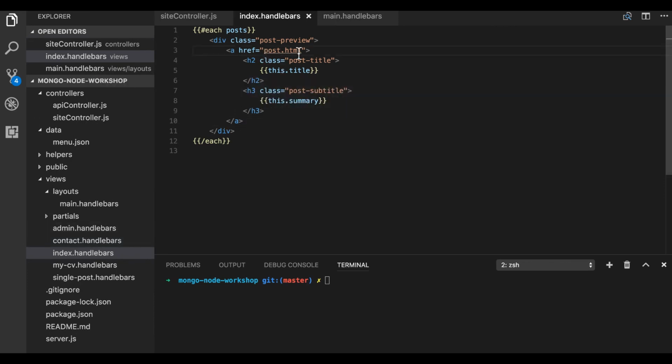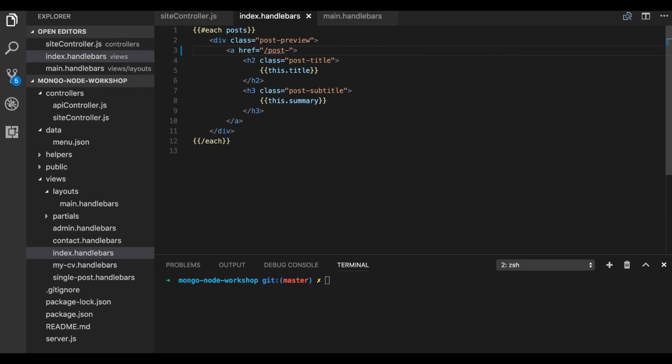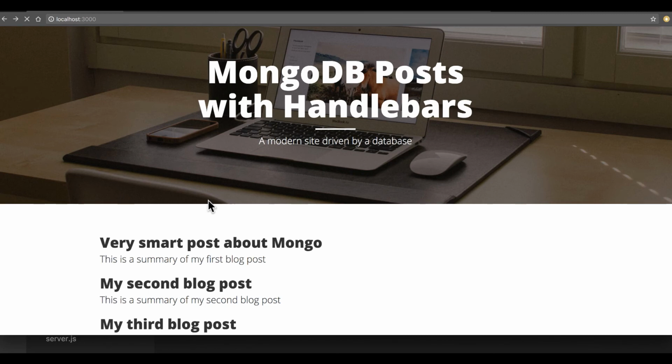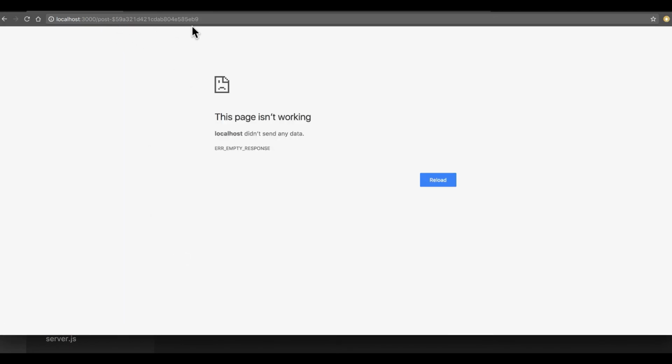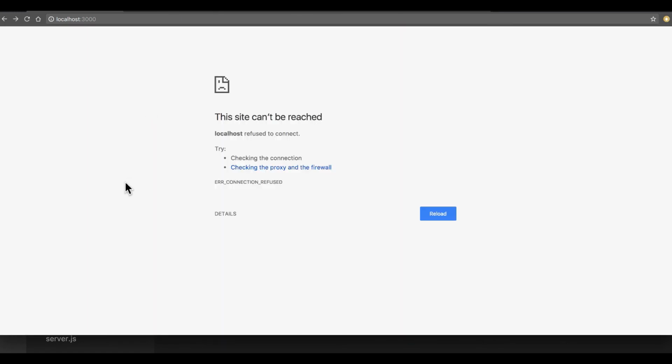So now the next step will be to actually change the views. First of all, here the link, we want to link to the format that we decided. So it'll be post-dash and then post ID, it'll be post-dash, and then we can get this dot underscore ID, and this from the object will get us the ID. So now if I refresh the page, we can see that the link is connecting to post-dash and then the post ID. I have an extra dollar sign here, we don't need this, so if I just take it out,